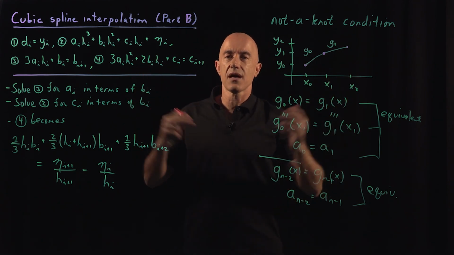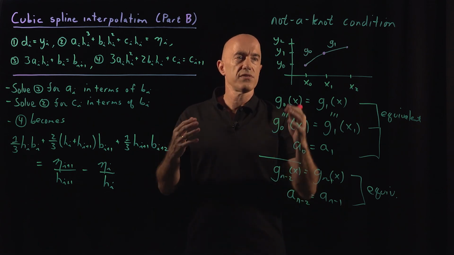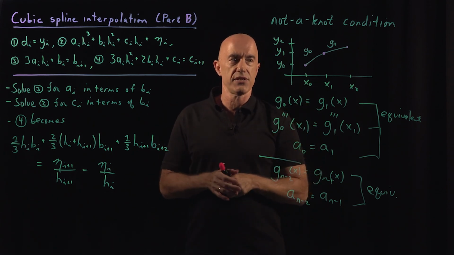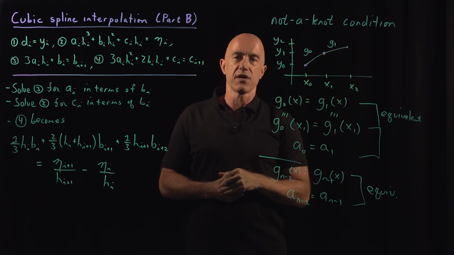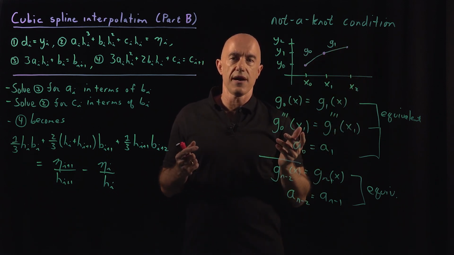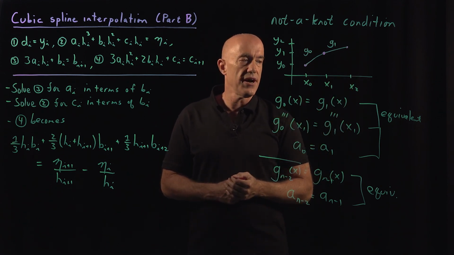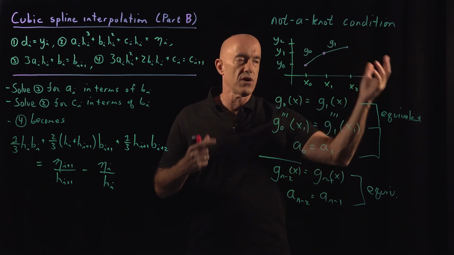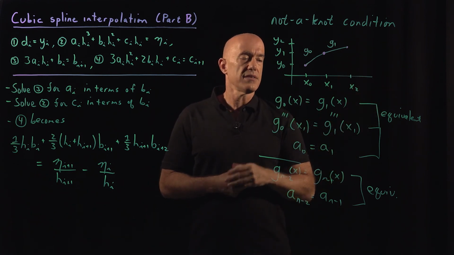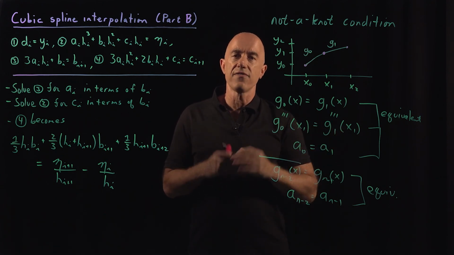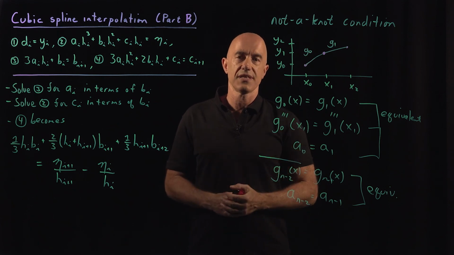So let me summarize about cubic spline interpolation. The reason to use cubic spline interpolation is because you want a very smooth interpolating function that goes through your n plus 1 points. Sometimes it's very useful in an aesthetic sense, and sometimes it's just a very powerful way to interpolate functions more accurately.